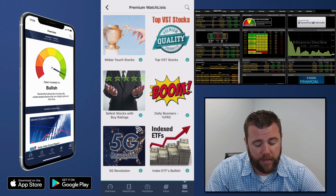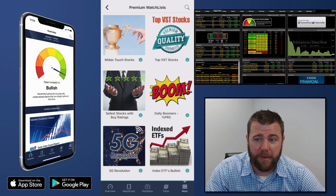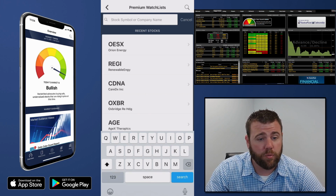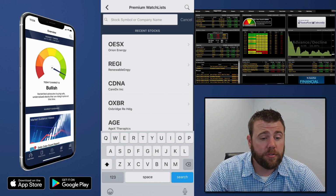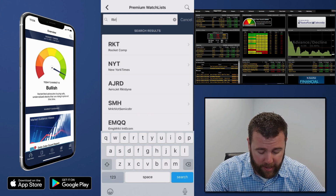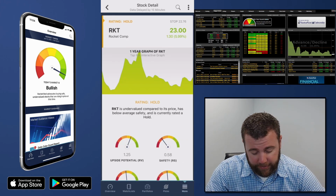So as always, all you got to do to analyze your own stocks is just tap on the magnifying glass in the upper right, and you can start to enter in your symbols, whatever they are. So the first one we get is coming from Stan. RKT we'll take a look at. RKT, just analyzing it